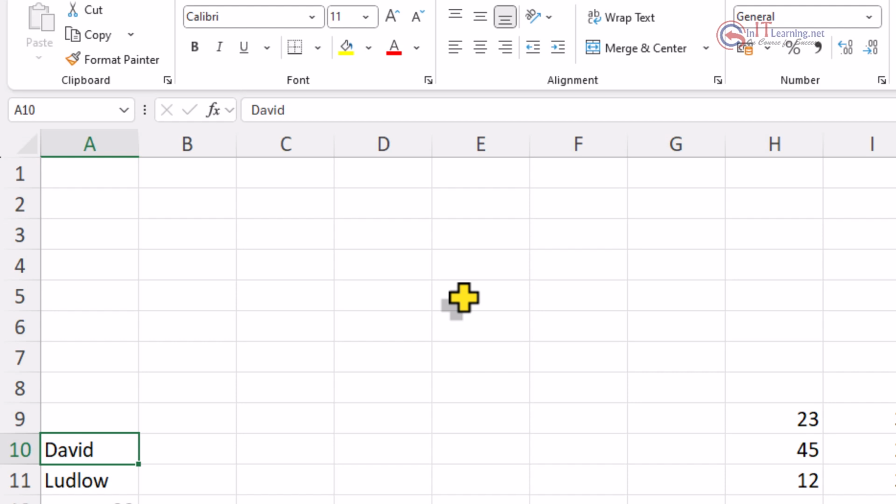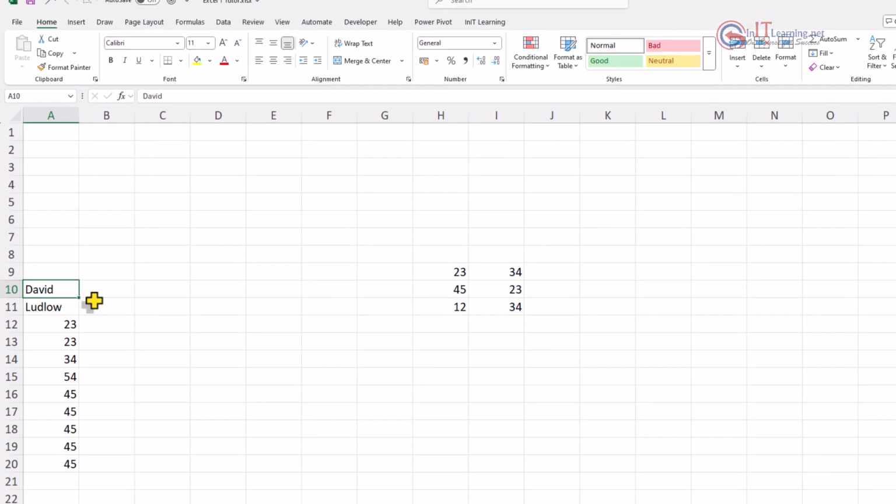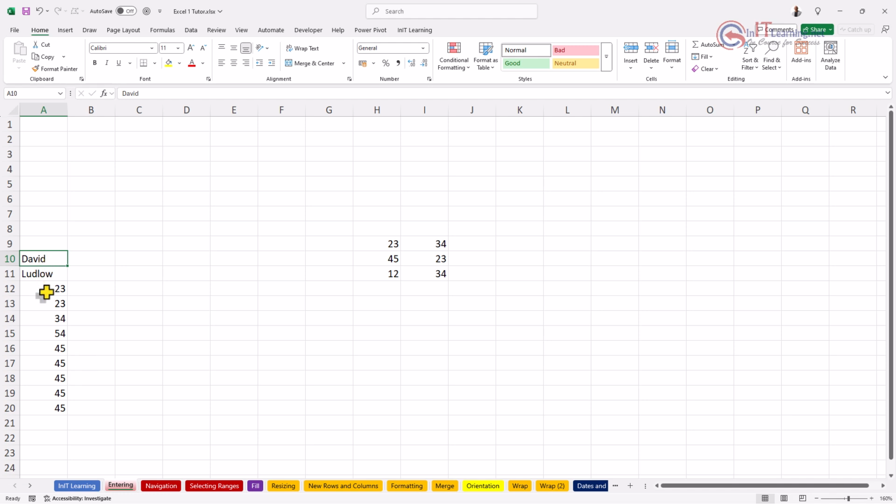We will do a few more a bit later on in the course. Those commands will apply to what we call the active cell. So in my case, the active cell is A10. But if I want to make all of this list bold, then what I need to do is make that